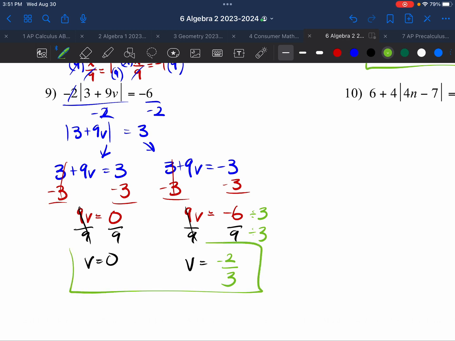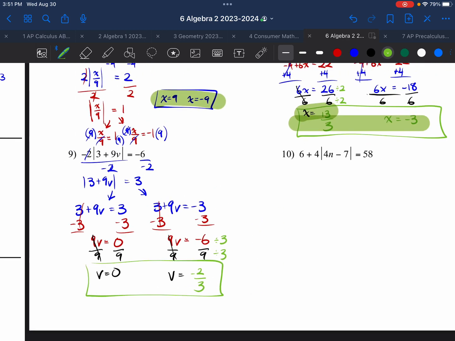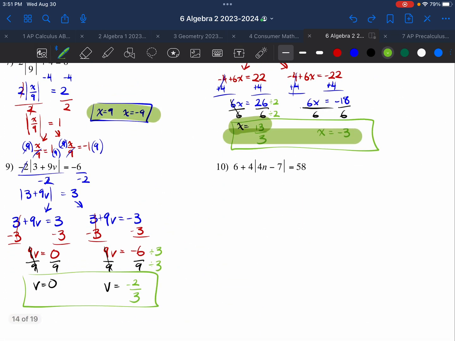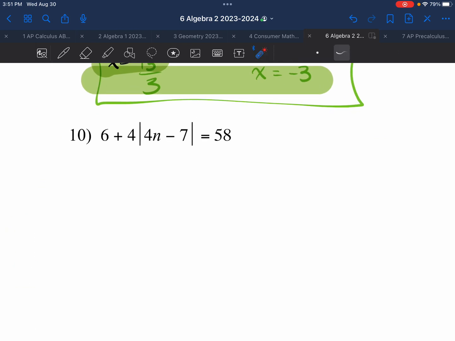I will box my work, and hopefully I will check my answer and get it correct. 0 and -2 thirds is indeed correct, which means I get to highlight this answer in green. All right, and number 10, I need to isolate the absolute value symbol,